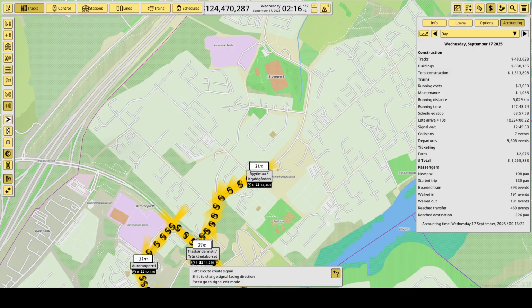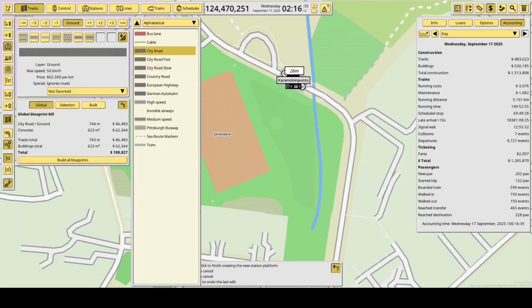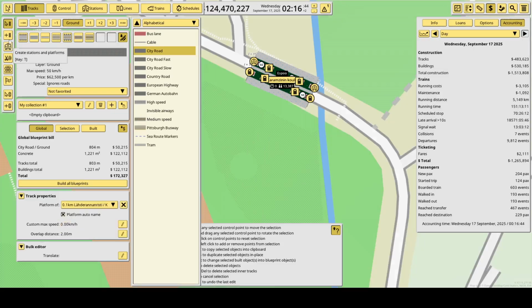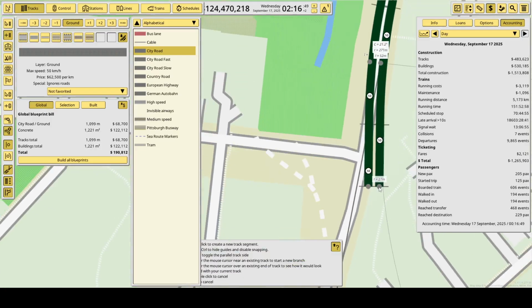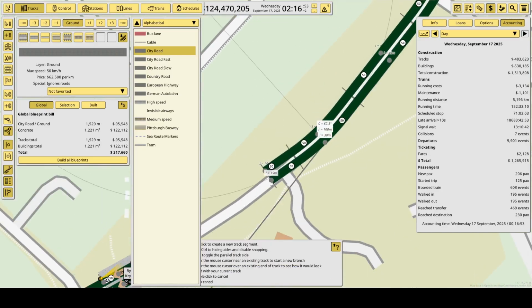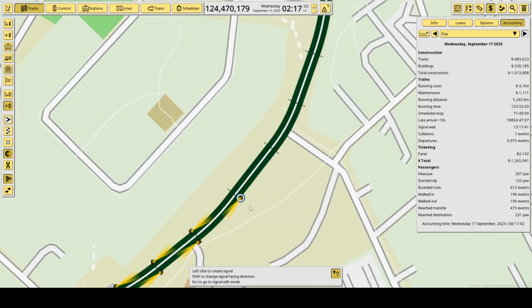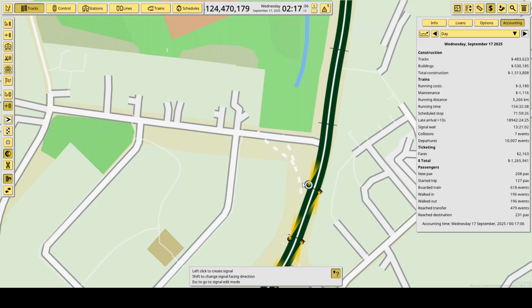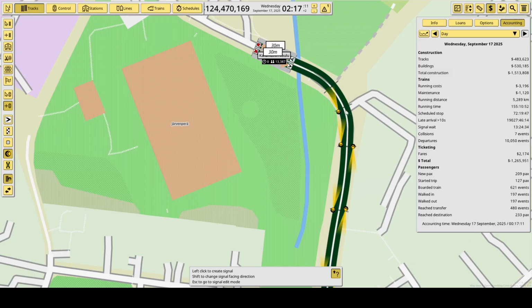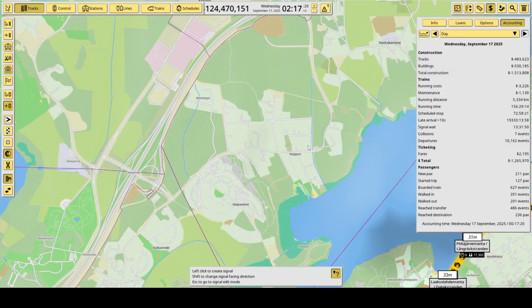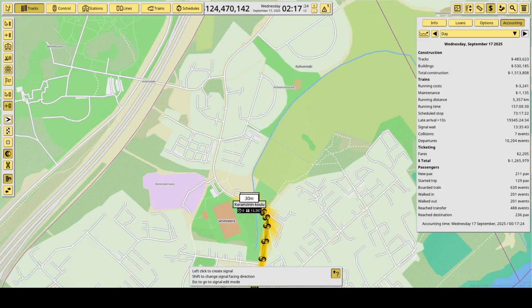After Ryytimo, we will stop at Karamzinin koulu. And I think our terminus is here in Nepperi, but let's see.